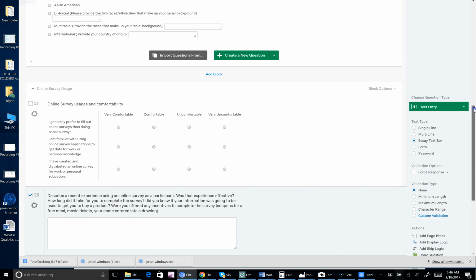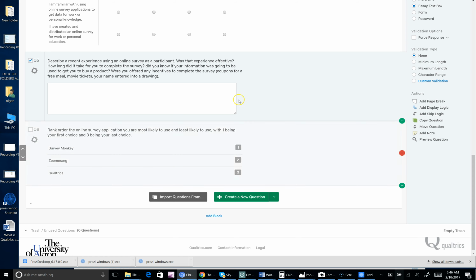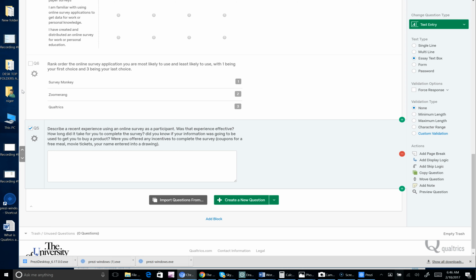Okay. Now, if I wanted to move my essay question down to the bottom, I would again move my cursor over to the left, and I would hit the arrow key down and move that question down to the bottom, right? So there we have it. This is how we set